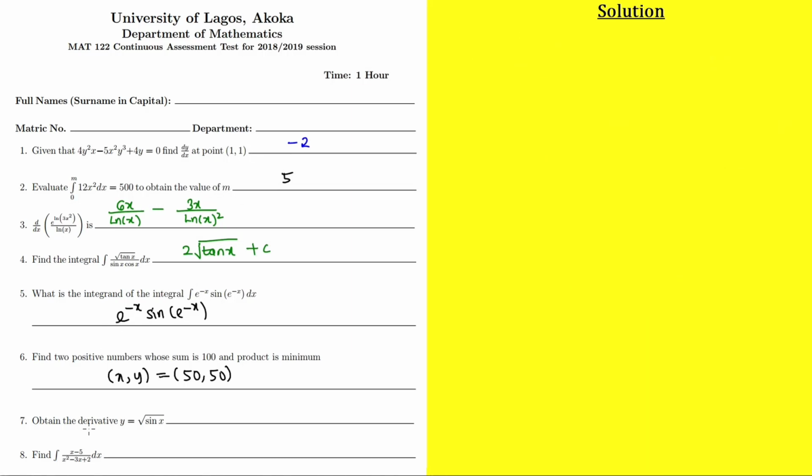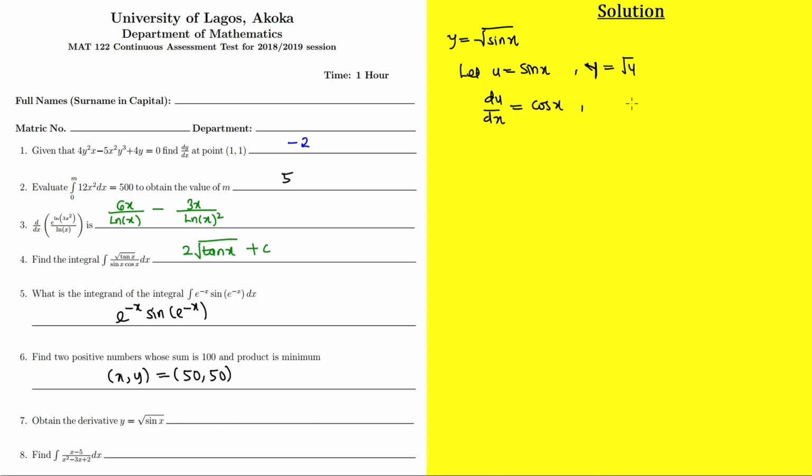In this question, we are asked to find the derivative of y equals the square root of sine x. This is pretty simple. We can just use our chain rule to do that. So we have y equals square root of sine x. Now, if we let u be equal to sine x, that means our y is going to be square root of u. If we differentiate u with respect to x, we are going to have